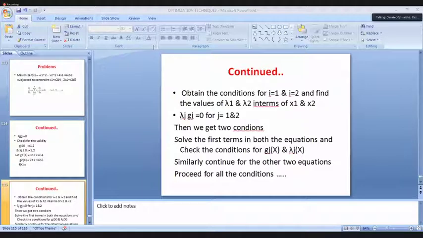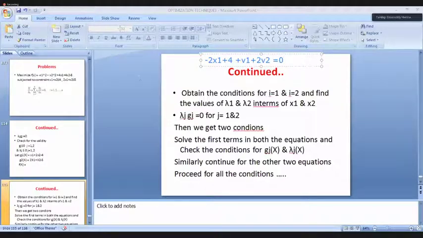Simplify చేస్తే ఏమొచ్చిందమ్మా ఆన్సర్ చెప్తారా? Minus 2x1 plus 4, plus lambda 1 plus 2 lambda 2 plus lambda 1. I'm writing it as v1, you can write it lambda 1. Plus lambda 1 plus 2 lambda 2 is equal to 0. Correct? Yes. This is one equation. Mark equation 1 in your book, please. Did you mark that? Yes.